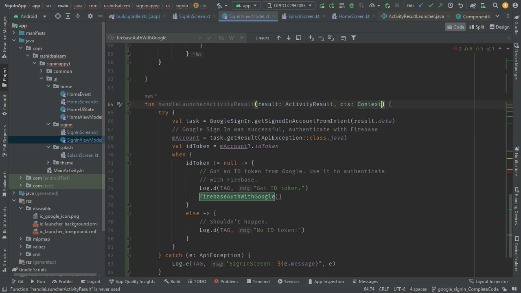This is not a best approach or a better approach to pass the context to your view model,